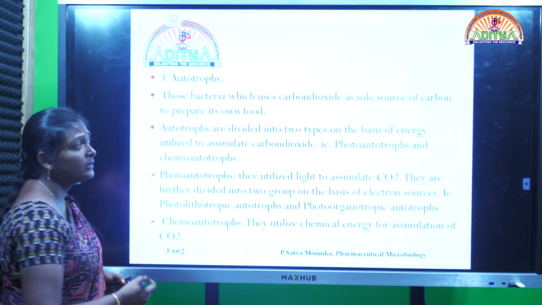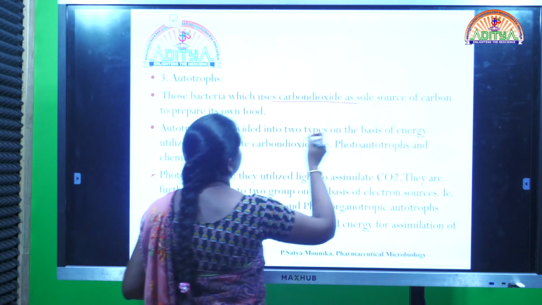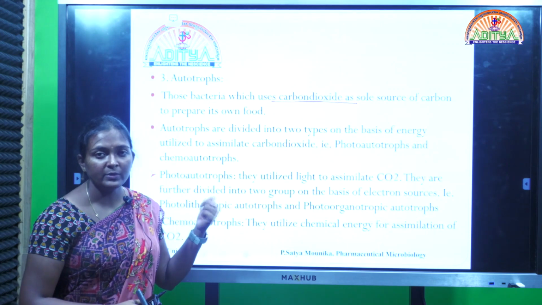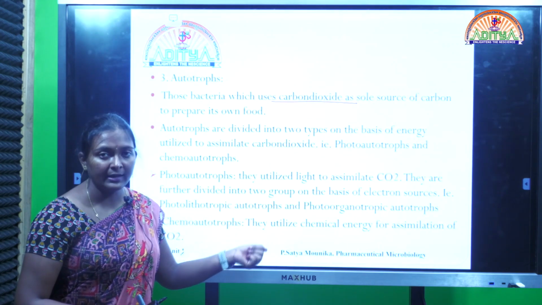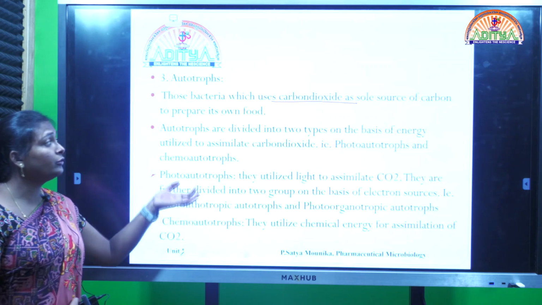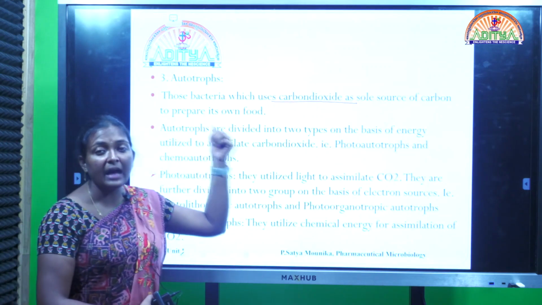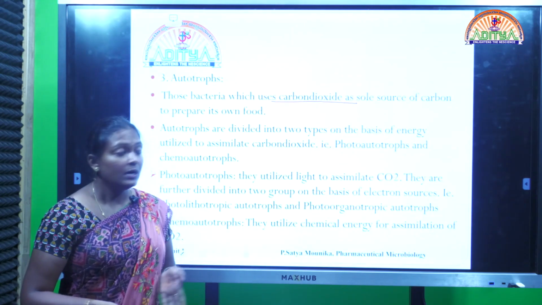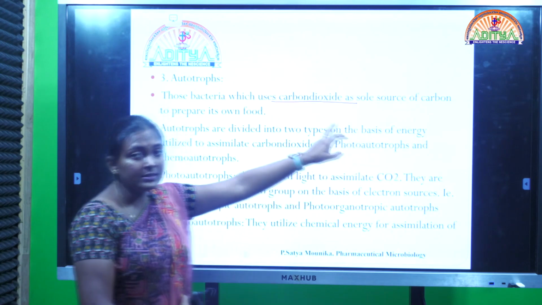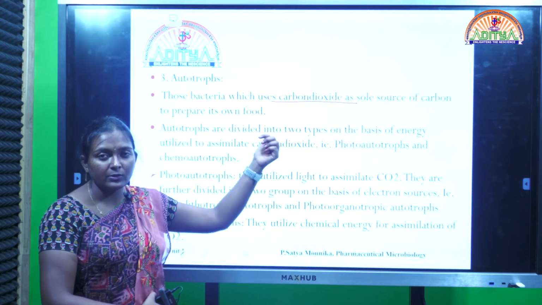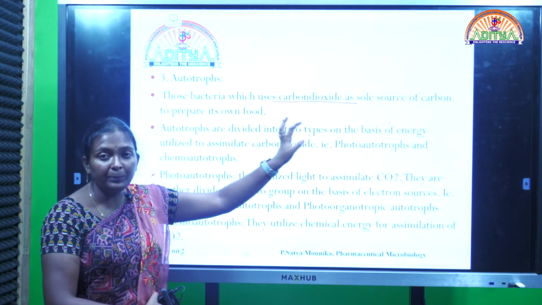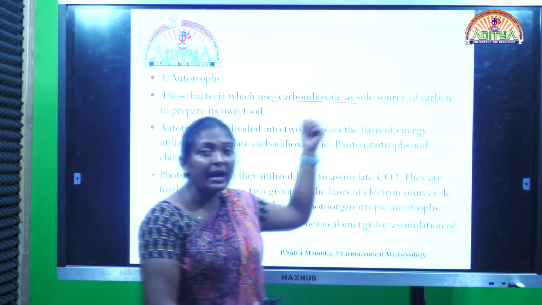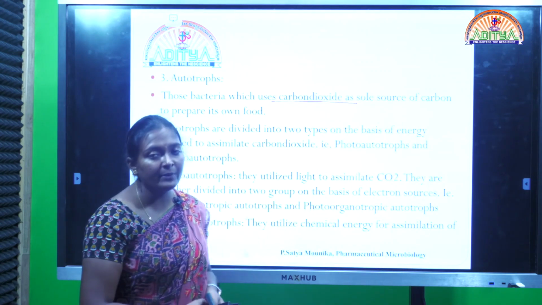So what are autotrophs? Here we had said in the previous one, when it comes to the phototrophs, they are obtaining the energy from the sunlight, isn't it? Now coming to the autotrophs, they are obtaining the carbon from carbon dioxide. So plants do require carbon dioxide for photosynthesis. So this particular bacteria does not have to depend upon any other carbon substances or organic substance, but carbon dioxide alone would act as a carbon source over here.